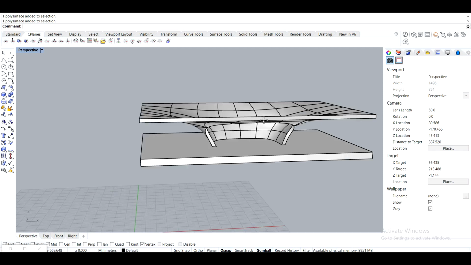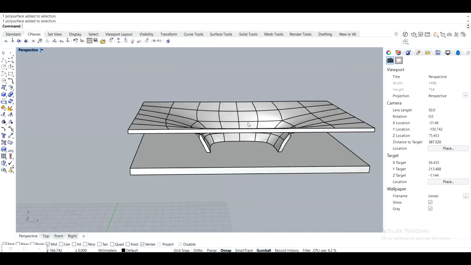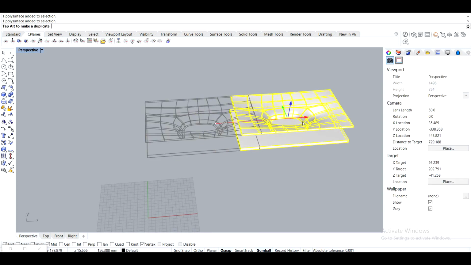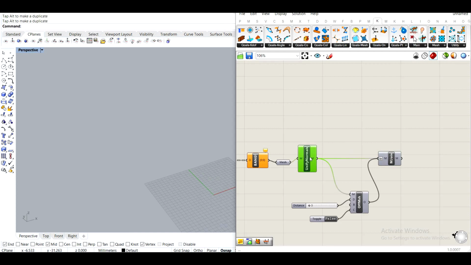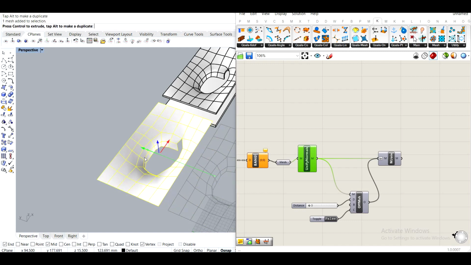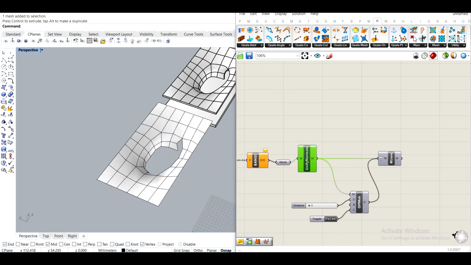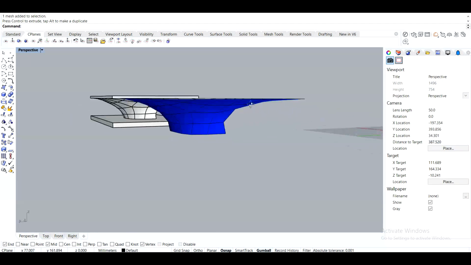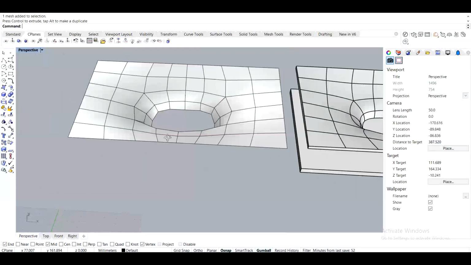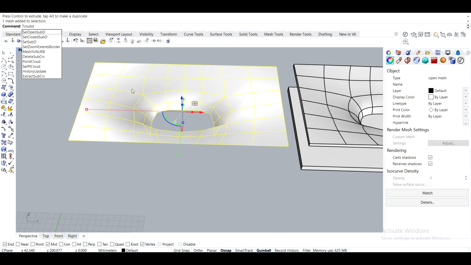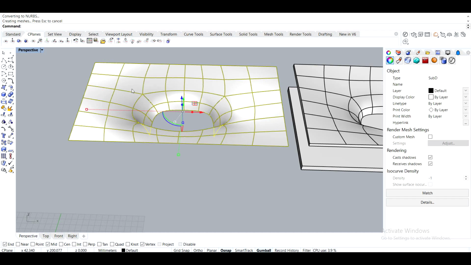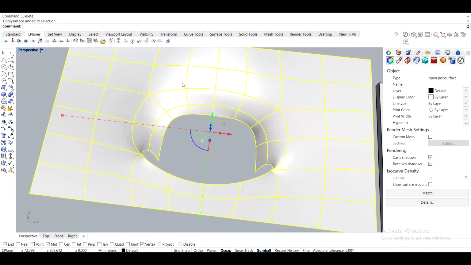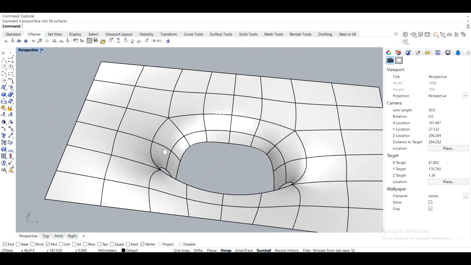Okay, so that's cool and all, but what else can we do with it? Before we finish up here, I'll just show you one more thing. Where's my mesh at? Let me just bake out a single layer of it like this, move it to the side, and we don't need Kangaroo anymore. So I'll just close Grasshopper. So I have this mesh here again, ToSubD, enter, enter, ToNurbs, enter, enter. And the cool thing is, if I were to explode all of this,